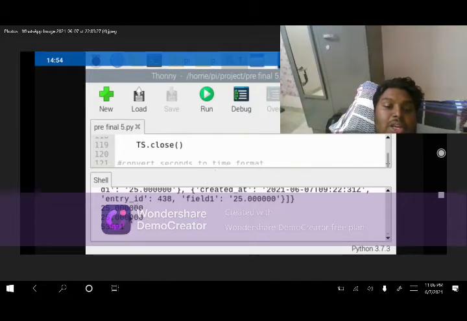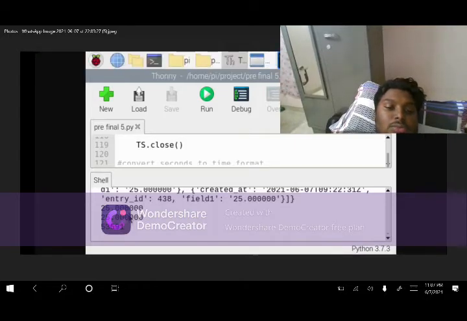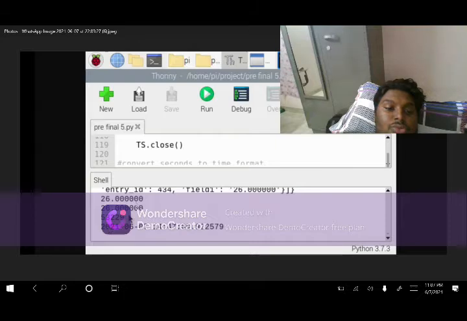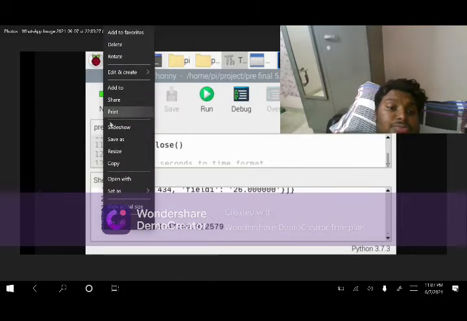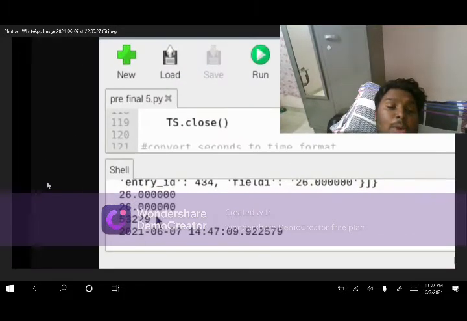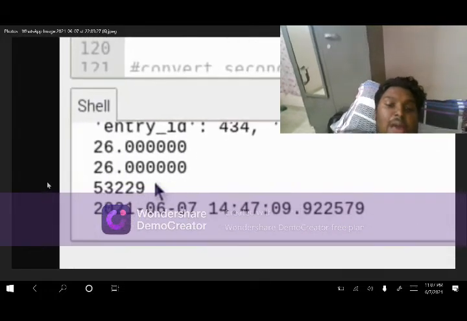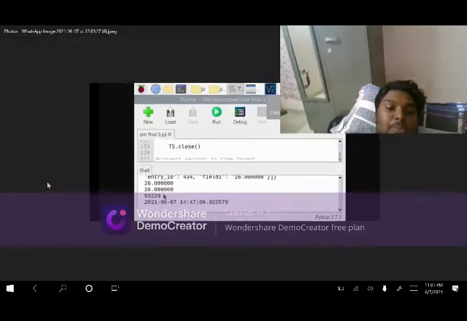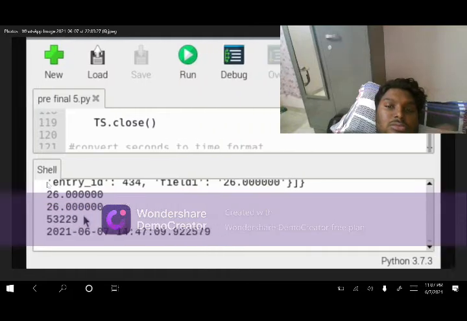So you can see how the temperature is read, and the exact time value is converted into seconds and all. Here you can see the temperature is above 26, so I'm recording my power on time. The power on time is recorded.